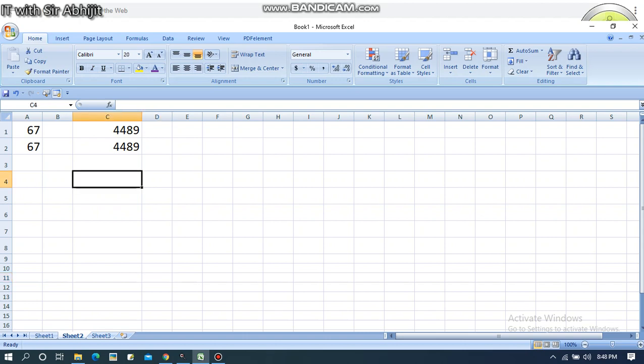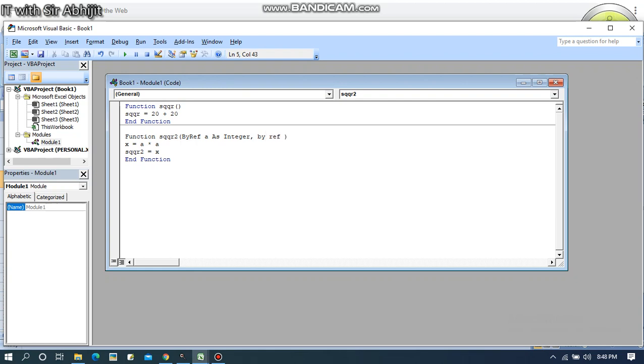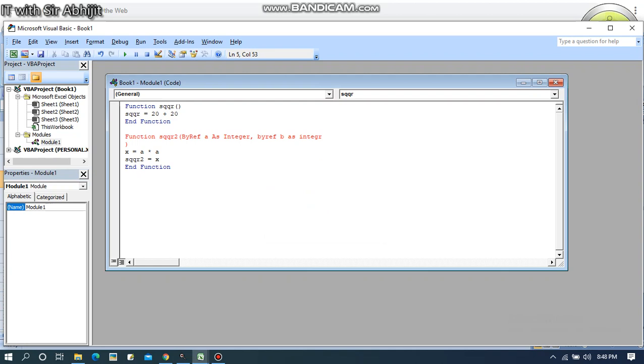Let us start it again. F11. Here I can pass two integers. I can pass two integers by reference, b as integer. Now I'll just change something here. Like x, I have taken the variable and I will make it a plus b,